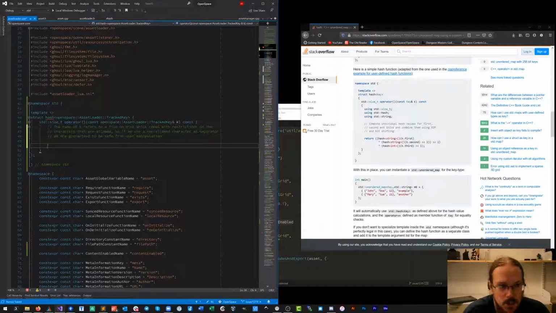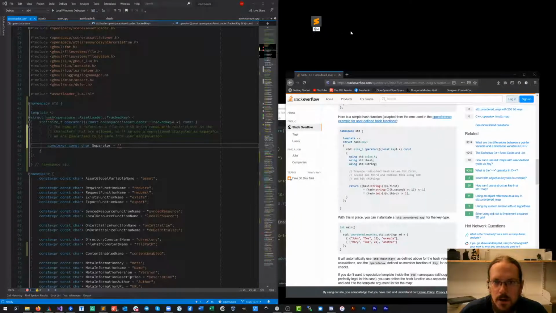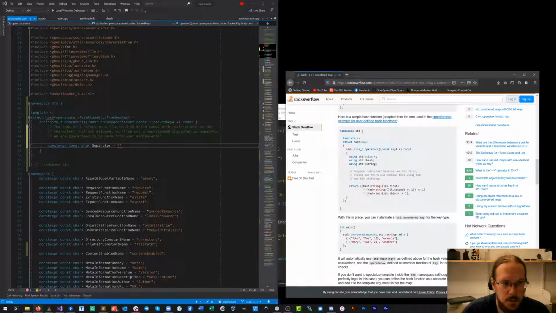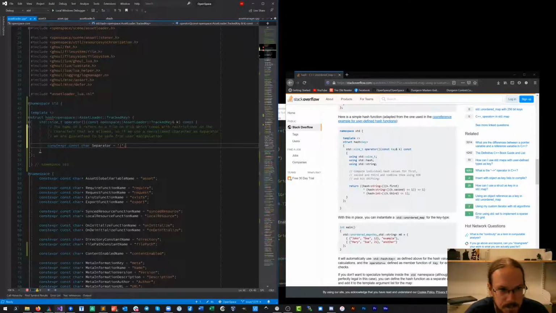So what we can do is, which character would we want to take? Separator. And let's just take, I guess you really don't like... No, this one you like. Which one do we not like? There we go. Vertical pipe. Pipe's good. There we go.